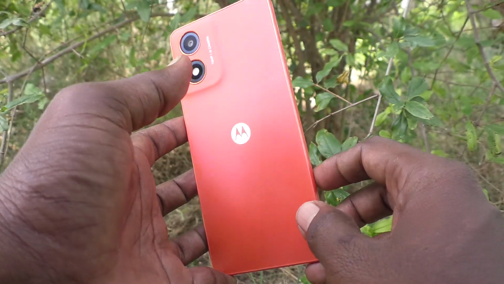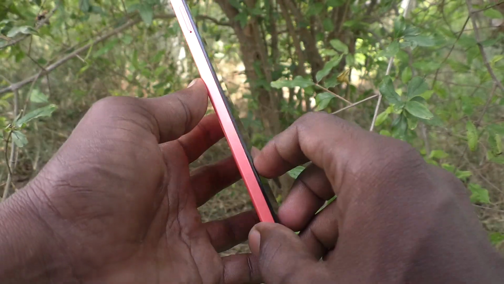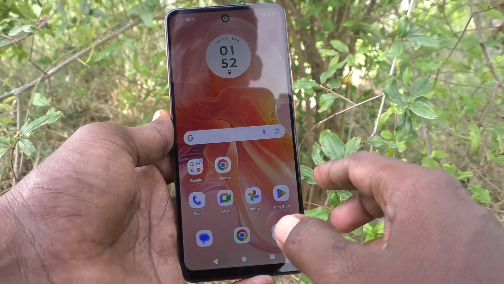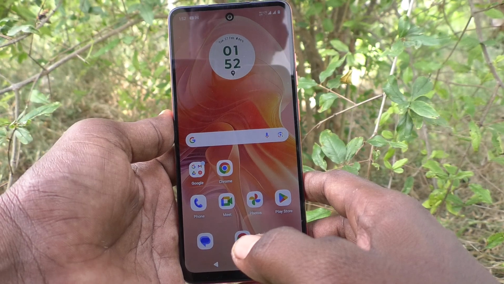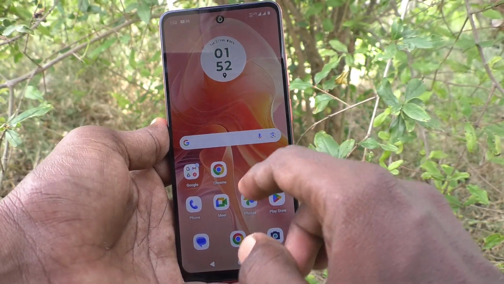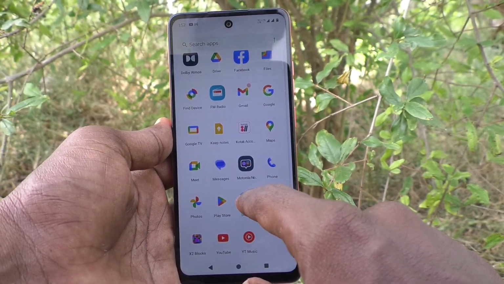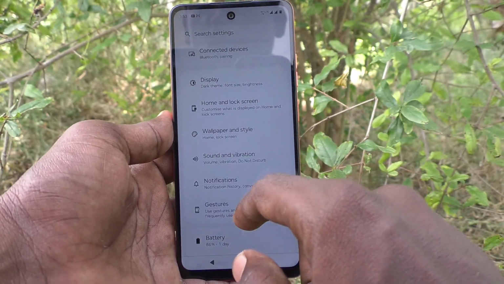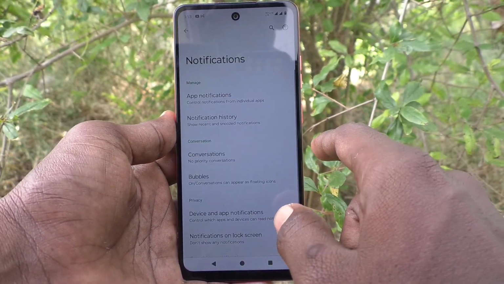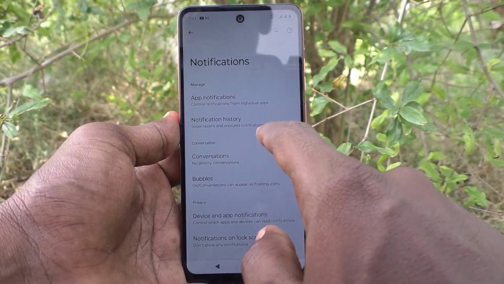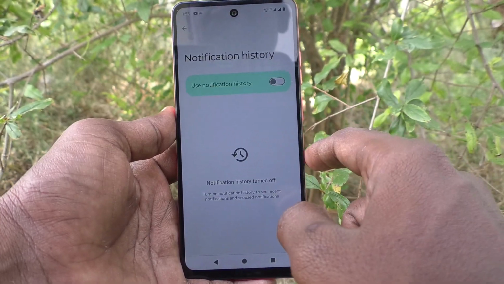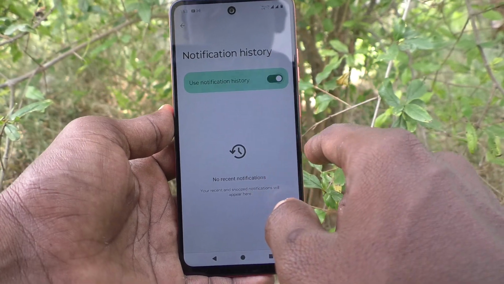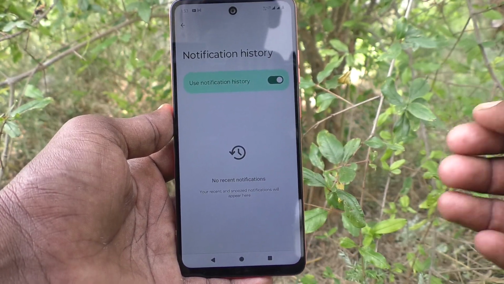Here is Moto G04 smartphone. In this video, you will learn how to enable notification history in your phone Moto G04. First of all, go to settings of your phone here. Then go to notifications. And here select notification history and turn on this button, use notification history, so that all